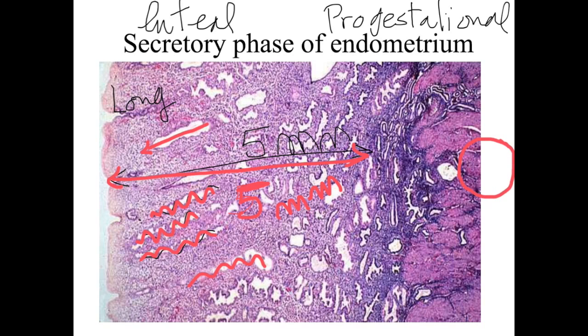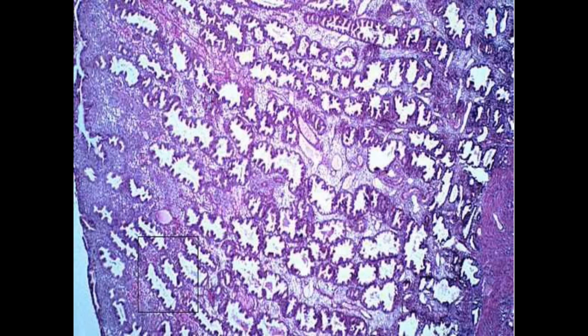The cells will be very large in size and show features of protein synthesis, that is, rough endoplasmic reticulum and Golgi apparatus development. This is called the decidual reaction and it appears in the stromal cells. But it is not evident in this slide as a practical exam. It's a theoretical point. Oh, this is a very nice picture showing the secretory or the luteal or the progestational